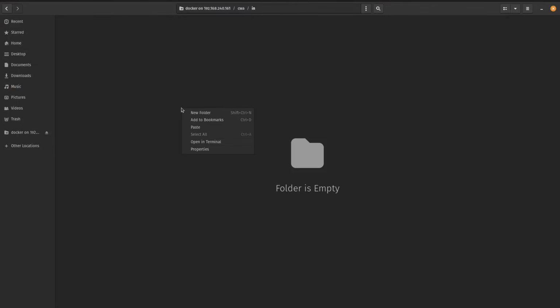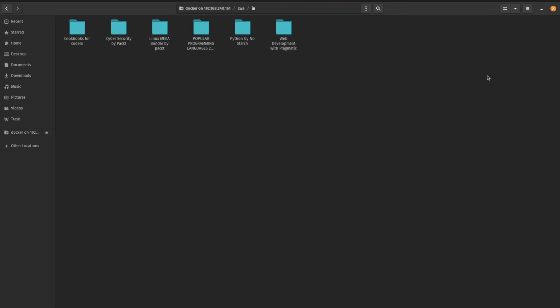And in here, I'm just going to paste all those books. As you can see, that's going to take a minute, so I'll be right back when that's done. All right, now that all those files have been dropped into the ingest folder, I'm going to switch back over